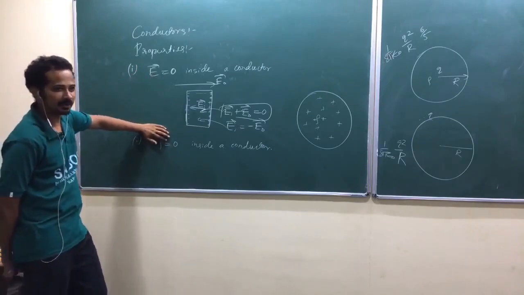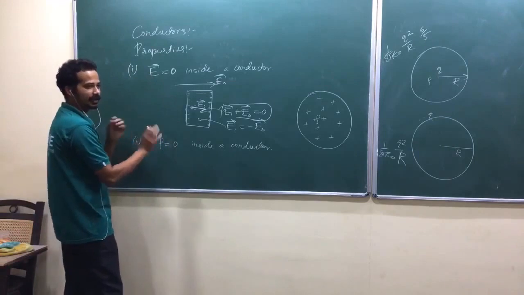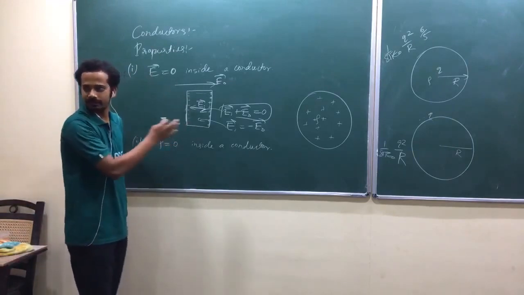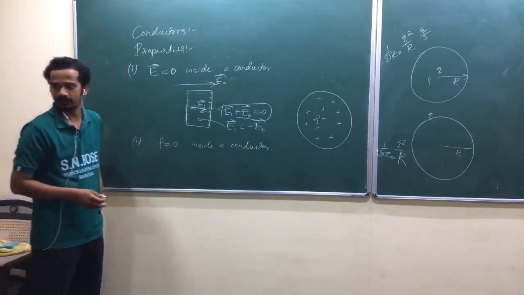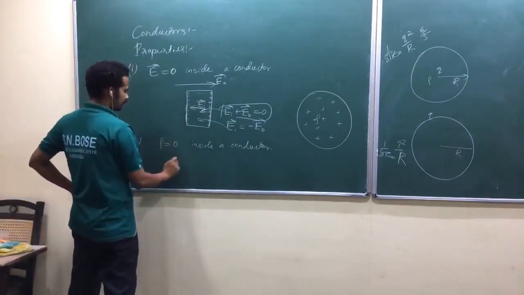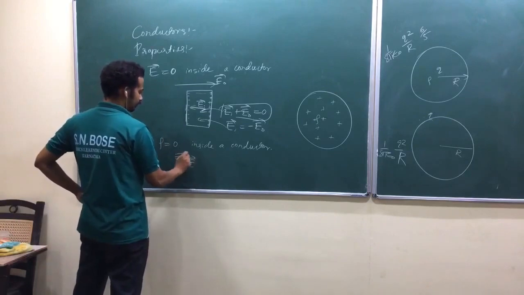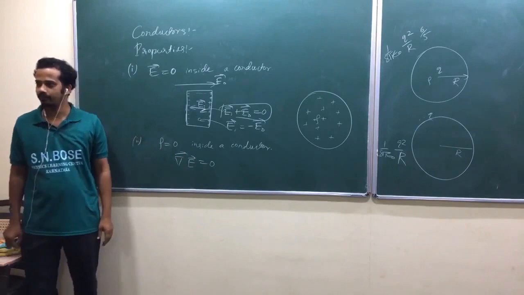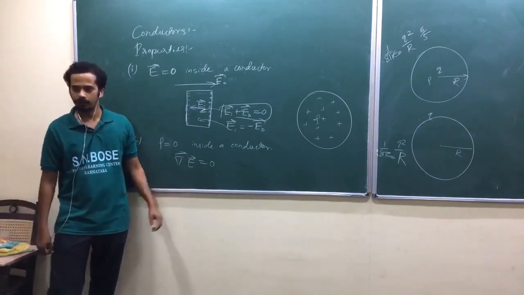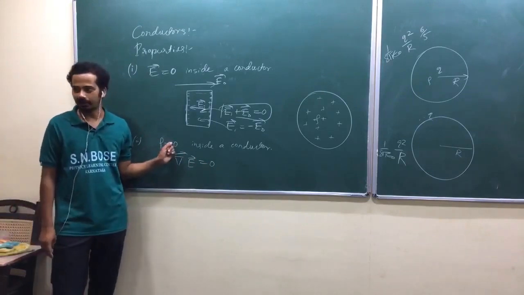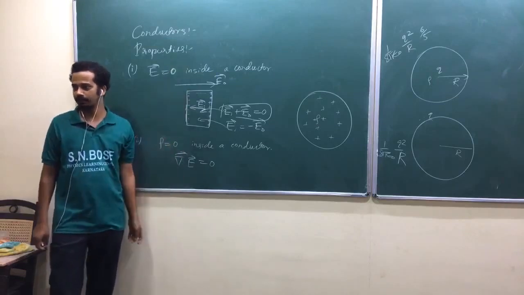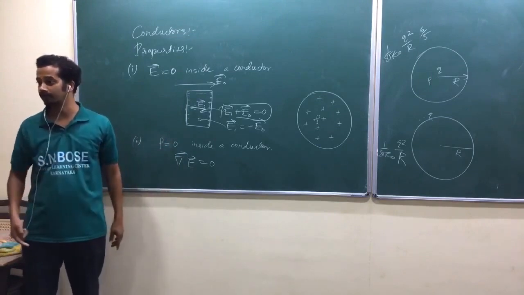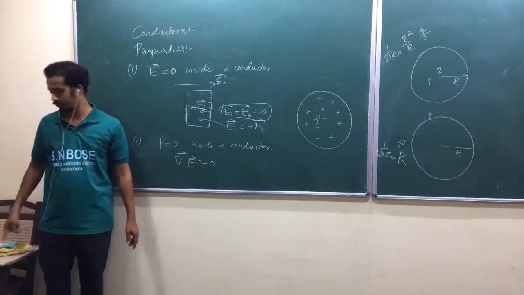What did he argue? Once you argue the electric field inside is 0, but that was very argumental, am I right? It cancels out its effect like that. Now once you argue this is 0, del dot E is equal to 0. According to Gauss law, no volume charge exists. That also you can do, but I am trying to argue this one independently so that I can argue this one in the next step. Or you can go for some other curl. We haven't used curl here, isn't it? We can go for that one also. We shall see that one.